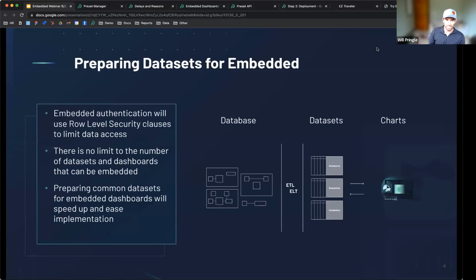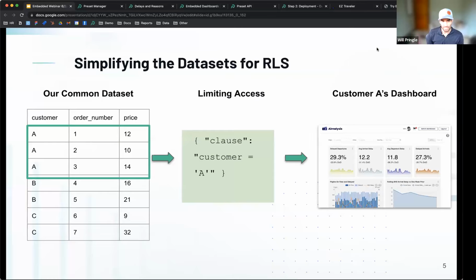And really at the core of that is focusing on the dataset centric approach. So while there's not going to be a limit to how many dashboards we can embed, how many data sets those dashboards are built off of, we're going to make our lives a lot easier if we can simplify this down to some common data sets that contain all of the different iterations of data that we'd be looking to embed. So for example, if we were looking at a simple customers table where we want to embed within our application just a view of customer A's data, the more we can get that into common data sets where we can very easily limit what rows of data our customers would have access to,